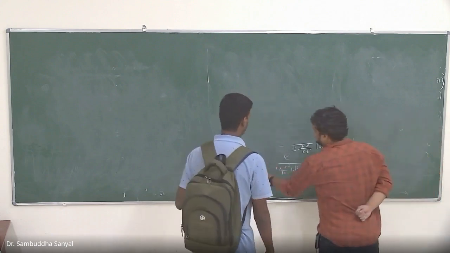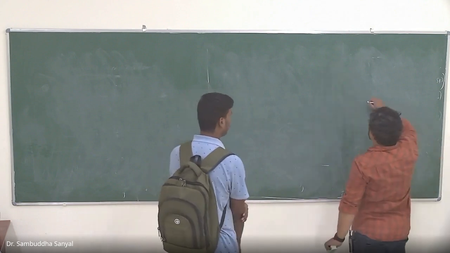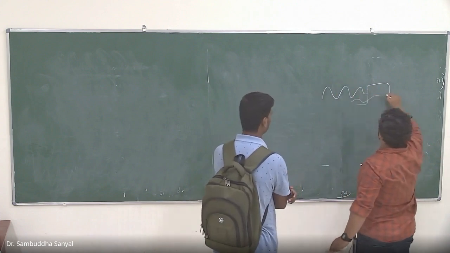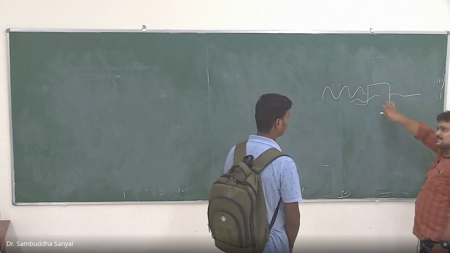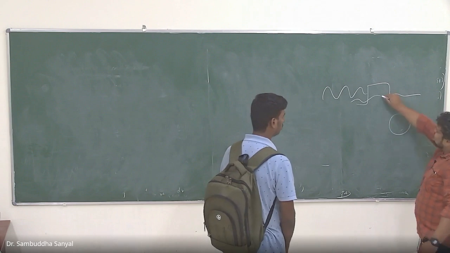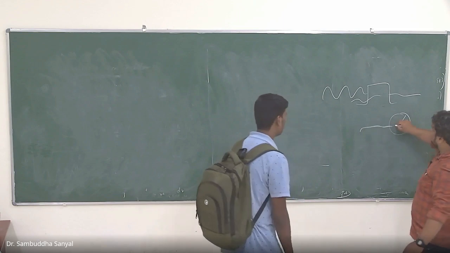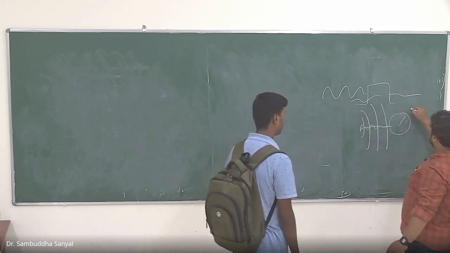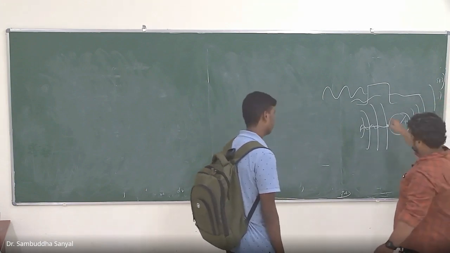Here I'm just giving an example of why these problems are important. You learned a little bit already. I told you that if I have a barrier and an incident wave, how much will be reflected and how much will be transmitted. This is the same problem, but in 3D. In 3D, instead of a barrier you have a 1 by r potential. Now you are throwing a particle, which is like a spherical wave, and it encounters this, and then it will scatter. How it will scatter is what we'll learn in Quantum 2. Same problem, just 3D.